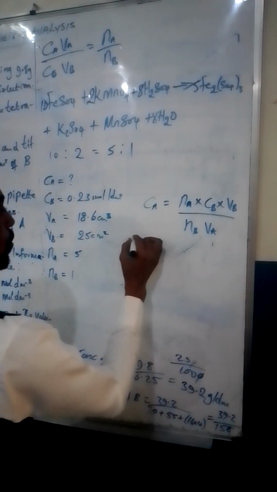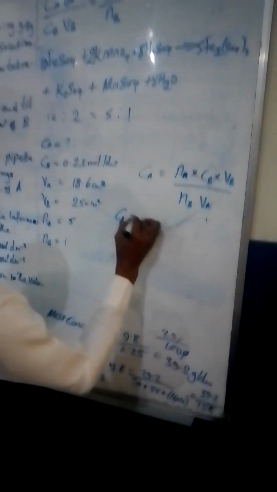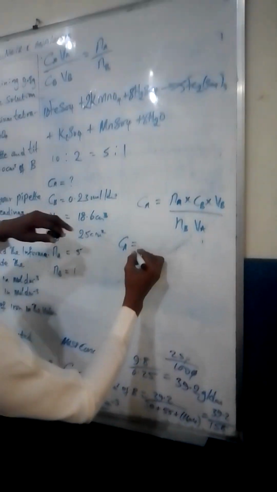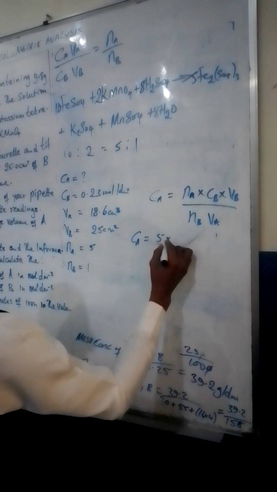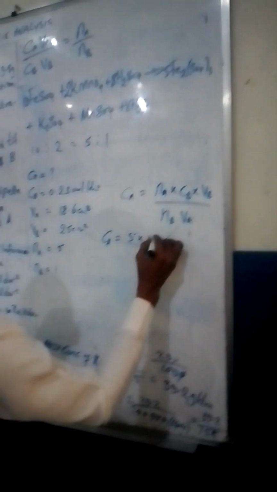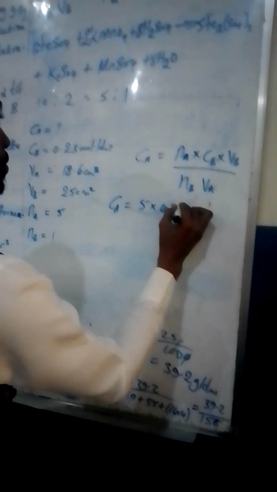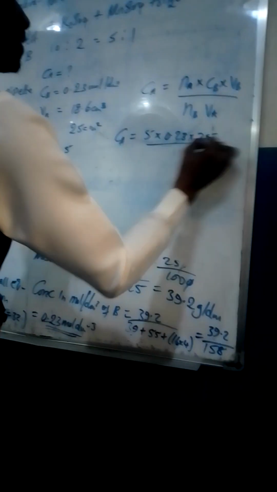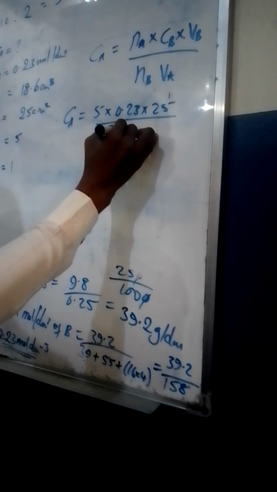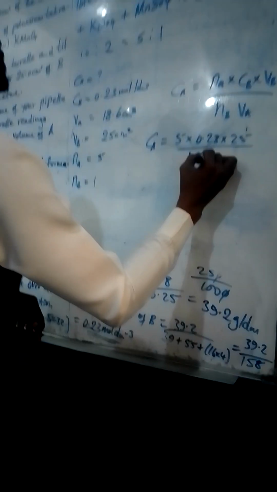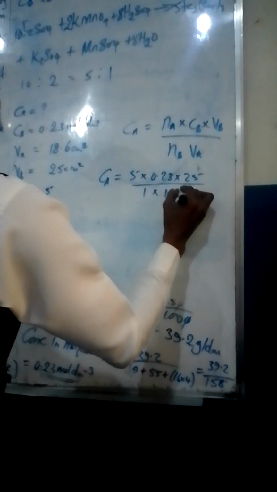So from here we can say that our Ca is equal to Na, which is 5, times Cb, which is 0.23, times Vb, which is 25, divided by Nb, which is 1, times Va, which is 18.6. So calculating this,